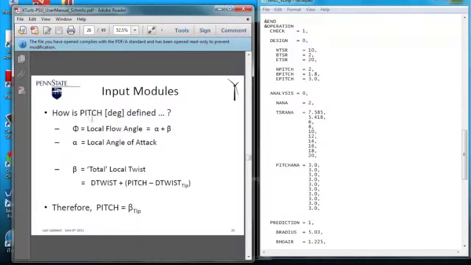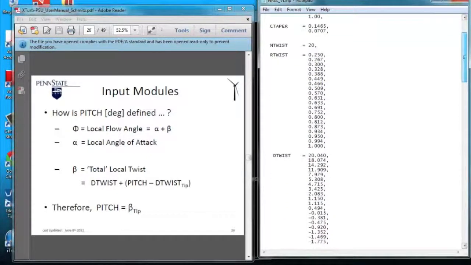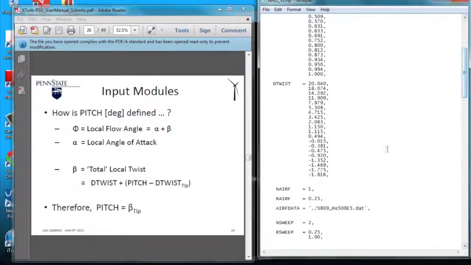Okay. How is pitch defined? Let's recall. Blade flow angle was the sum of angle of attack and local twist. Alpha is the angle of attack. Beta is the total local twist. So if I take the example here from my input file, we had a twist angle of the NREL Phase 6 rotor blade of negative 1.82 degrees. That's the d-twist